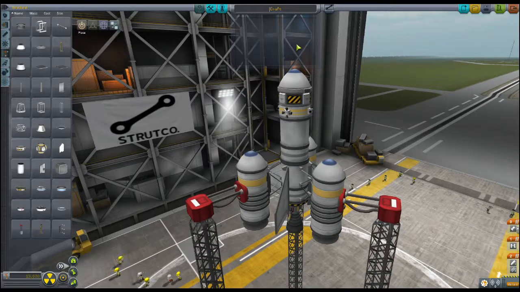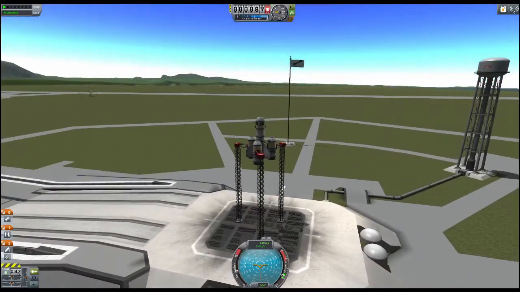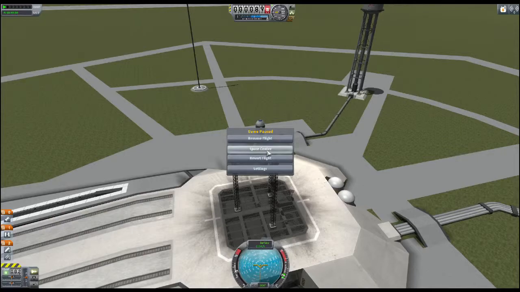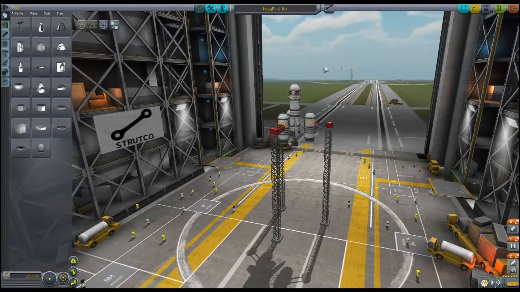Let's call it Mana Pool Mark 1. You can save it, and then you go to launch. Okay, so here we are at the launch pad. As you can see, I've forgotten something very important because I was way too excited about launching this thing into the air. Whoops. Because that's something that you really have to do before you launch it, and that's